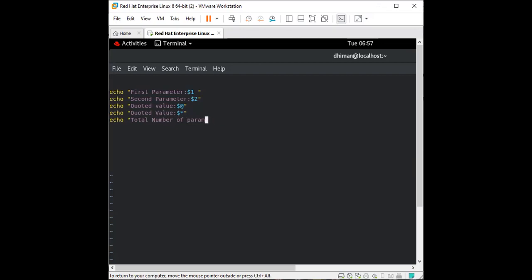Parameters, colon, dollar, hash, right? So we have used all those special characters. At one place you can see we have used dollar at, dollar star, and dollar hash. You will find their purposes are different, right? We're just going to write it down and store it.